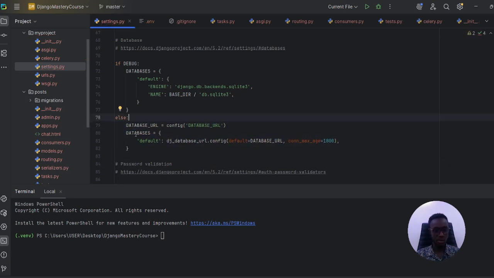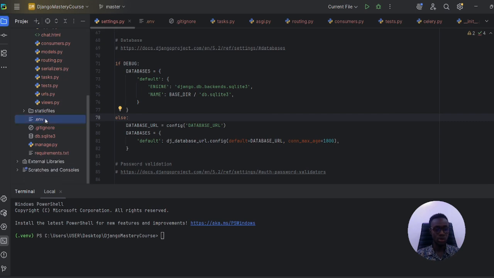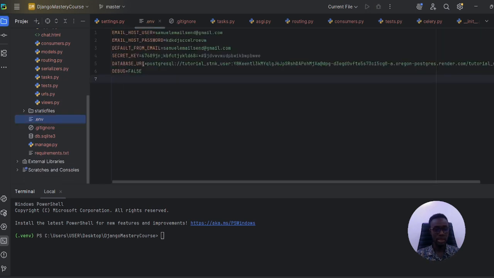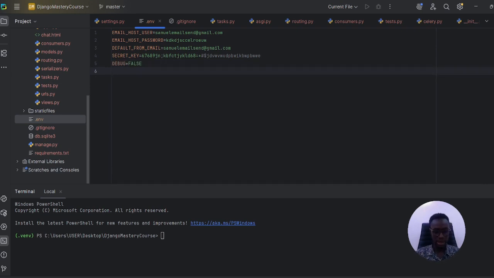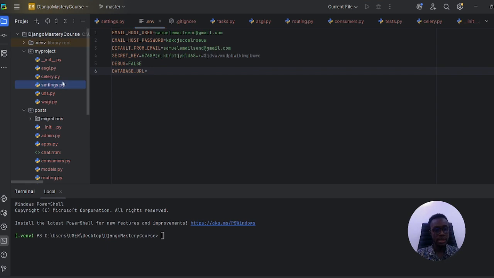Else means it's false, which means it's in production. And we're going to utilize a database URL. You put database URL here. I'm going to remove this and put it again, database URL equals, right? Then here,